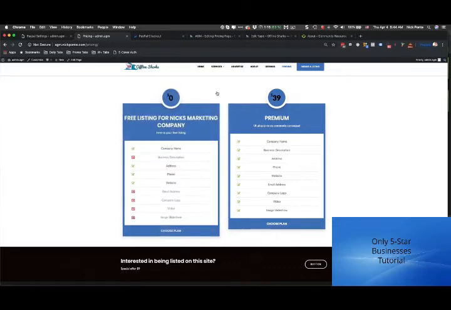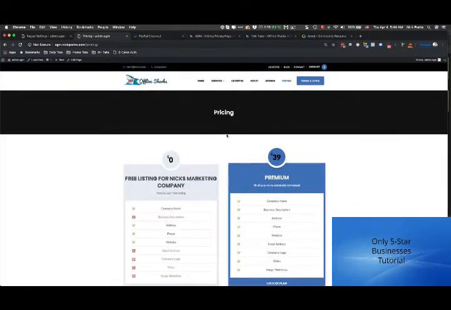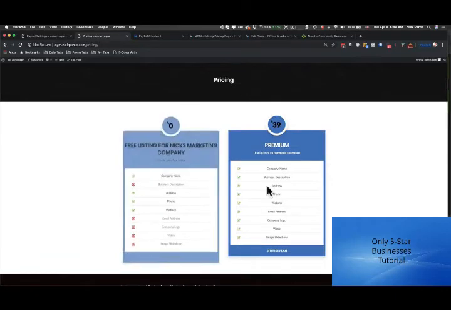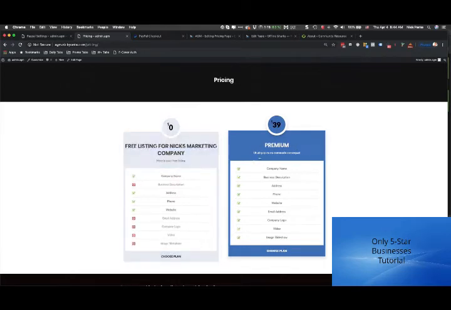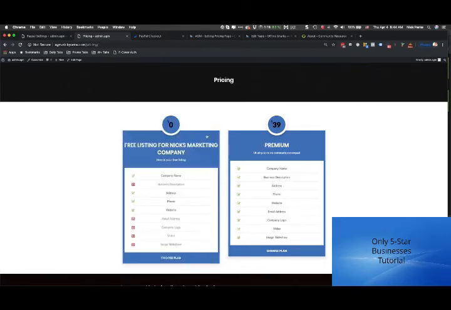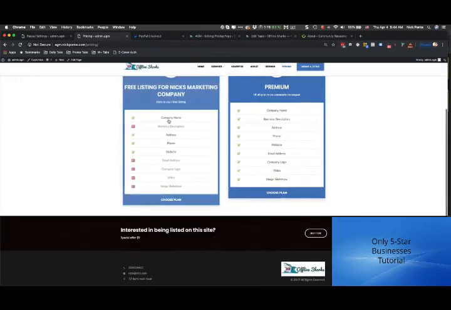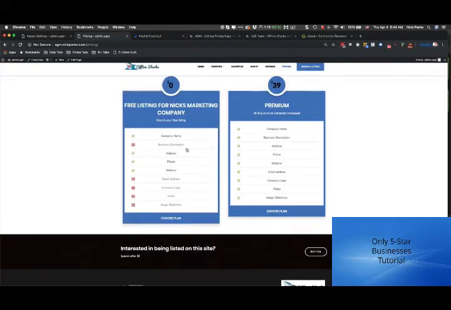So this video is about setting up your pricing page. And as you can see, I have these two columns on my pricing page. This is for our free listing on the left hand side here, and on the right hand side here, it's for our premium listing. So I want to show you how you can edit these two things to make sure they say what you'd